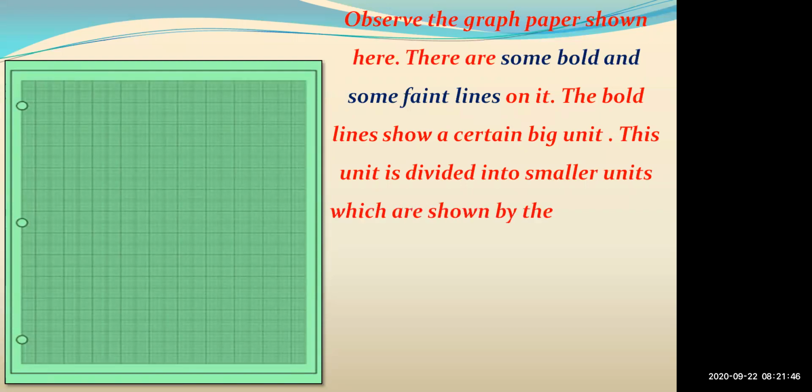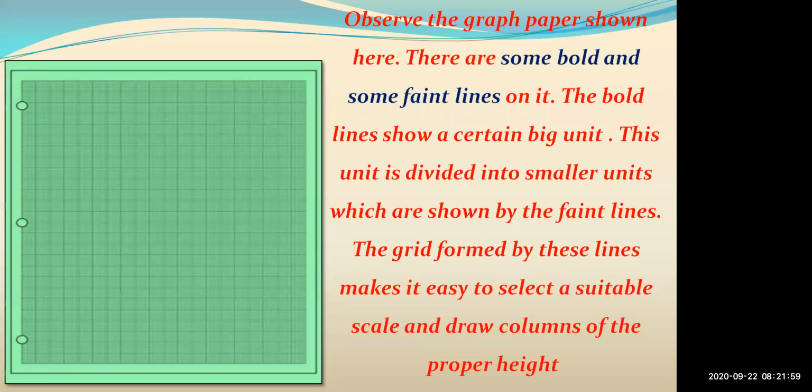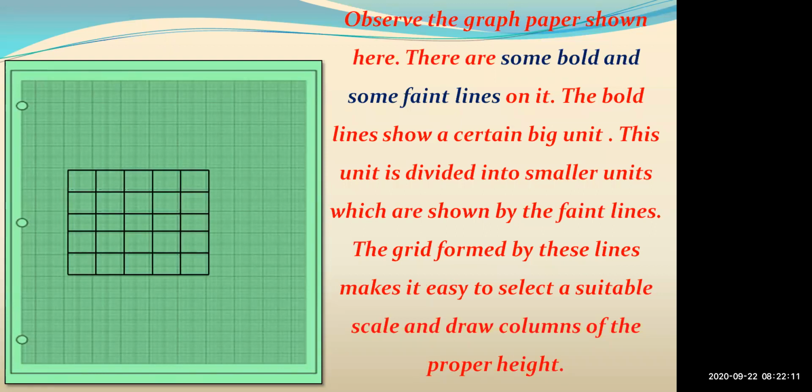See in this graph paper, you can see some bold lines there, some faint lines are there. For what purpose we are using this bold line? For what purpose we are using this faint line? Can anyone tell me? Yes, Pankini, tell me. You can see these bold lines in this graph. You can see these faint lines. Bold means dark lines, faint means light lines. See, can you see these lines here? For what purpose we are using this? For drawing our information. So first we will see which axis we have to take to draw the information.